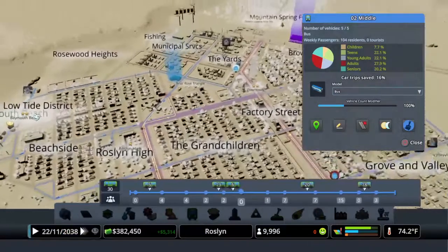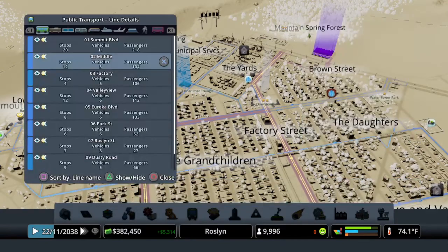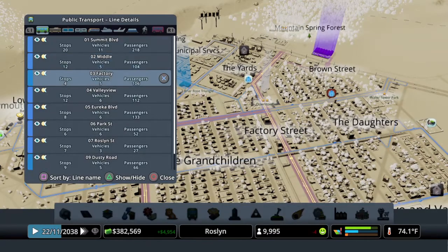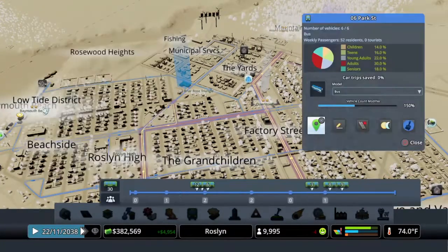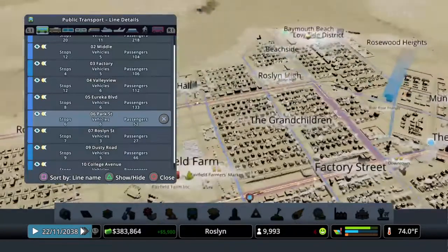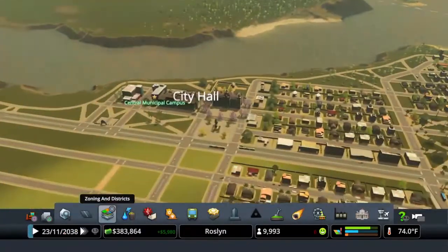Middle is... okay. Factory. Valley View. Eureka. Park. These are all still pretty well tuned from last episode. We haven't really grown that much in terms of population yet, so...